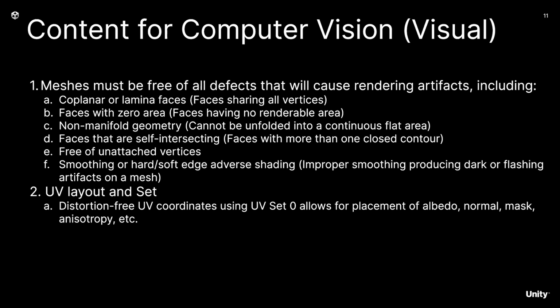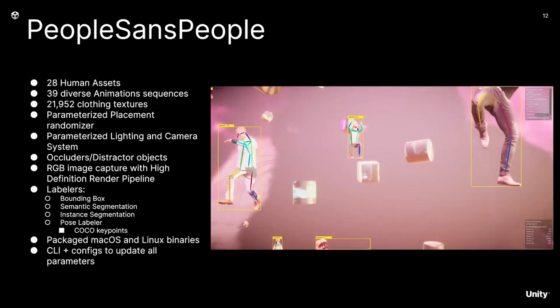And to deal with that, what we are doing is releasing a human-centric computer vision data generator in which we've taken care of most of these problems for you. So in this data generator, we have a wide range of human assets that are all well-behaved. Their meshes are free of defects. The UV channels are well separated. They have a diverse set of animations that you can attach to them, a massive amount of clothing textures that can be applied,